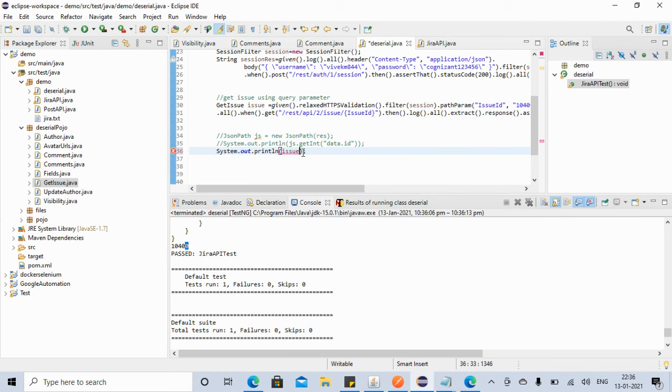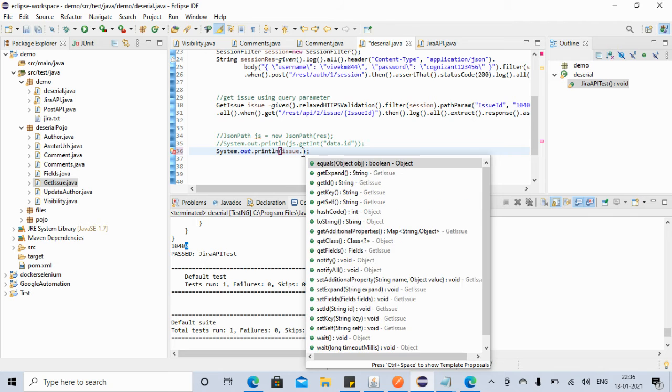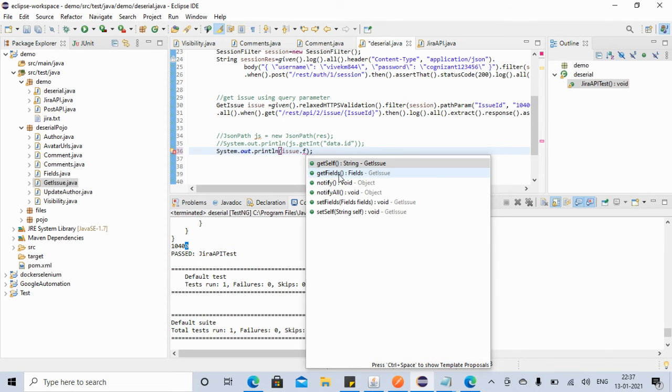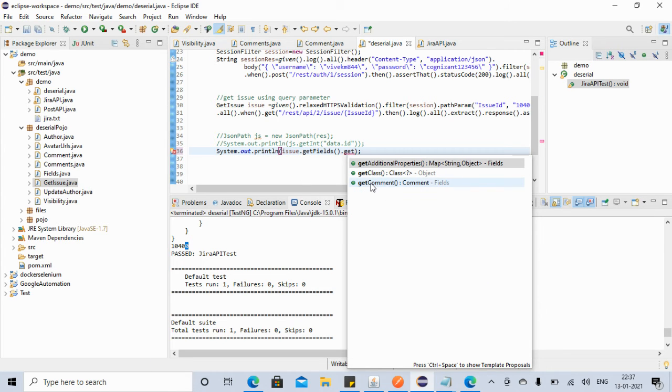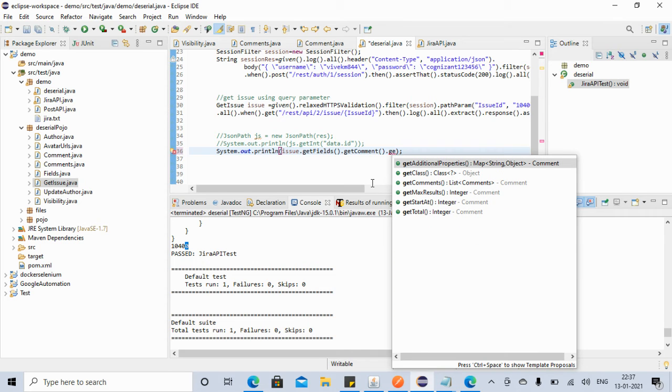So inside issue dot get fields, then inside the fields get comment, inside the comment get comments.